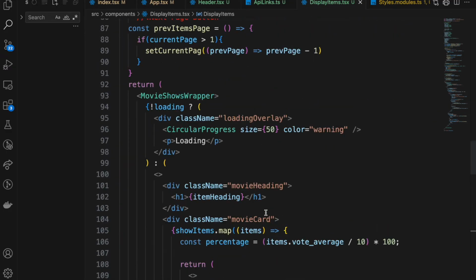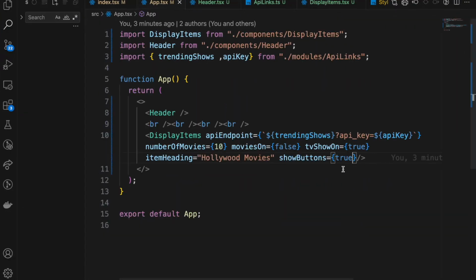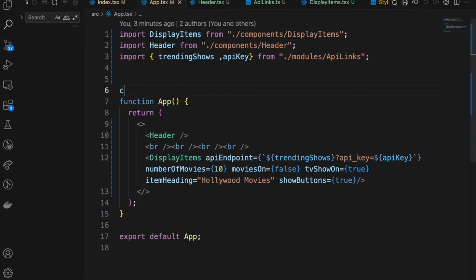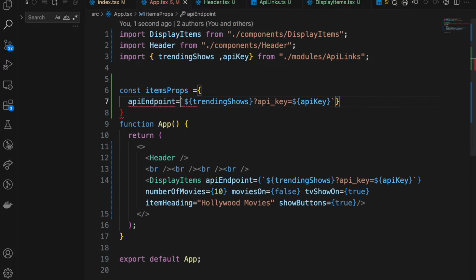So this whole component is rendering the images, and wherever it's being called, we can use the props. And there's another shorter way of doing this. I can show you that. You don't have to do everything inside where you're calling the component. You can do const itemsProps and create an object here. So what you will do here, you get this and put it here, but obviously it's an object, so we won't do that. We won't do that either. We'll just do a comma,